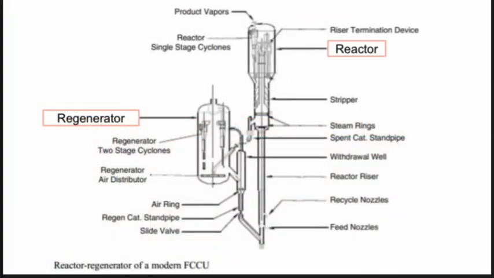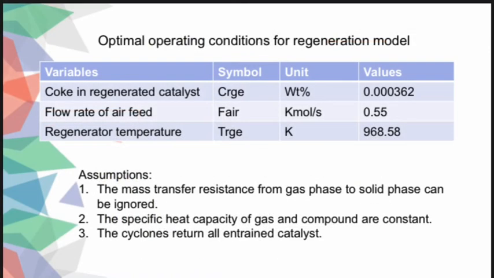The fluidized bed reactor is divided into two main parts: the regenerator and the reactor. The object of the regenerator is to remove the coke that builds up on the catalyst in the reactor without damaging the catalyst. Many studies have been made on the burning rates of coke in a fluidized bed of cracking catalyst. So by analyzing the regeneration model, we have obtained the optimal operating conditions, which has the variables of